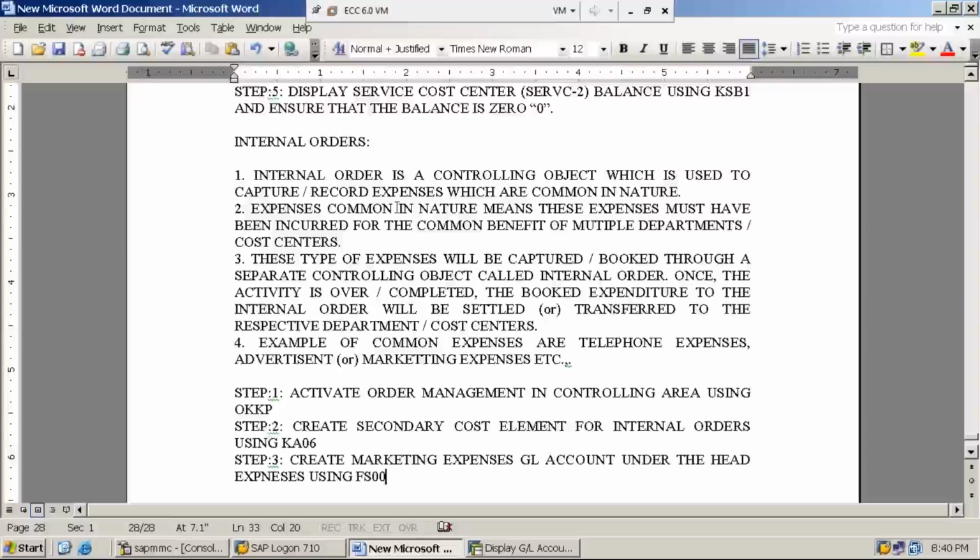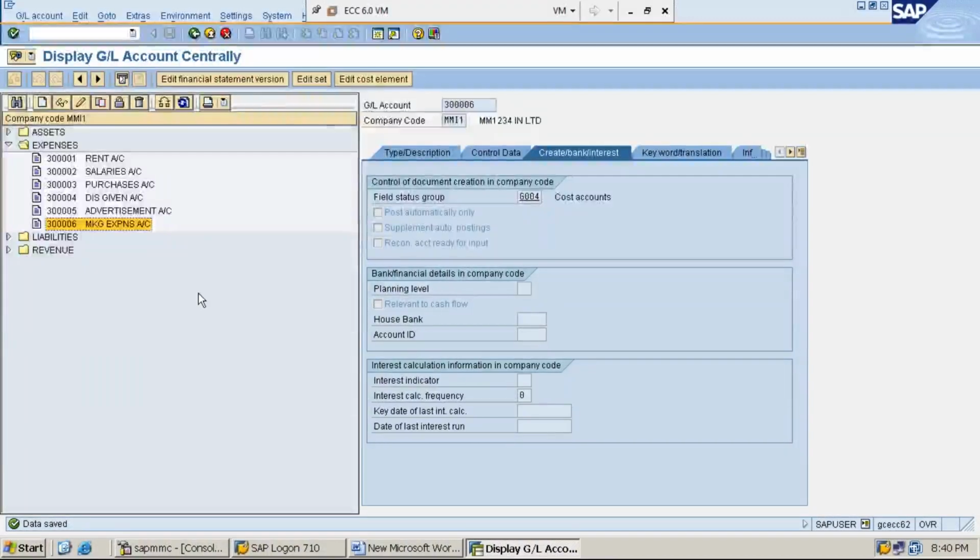Controlling. Internal order is the topic which falls under controlling module. But we have created marketing expenses in finance module. That means this 3 lakh 6 marketing expenses GL account must be converted into cost element, correct? So next step